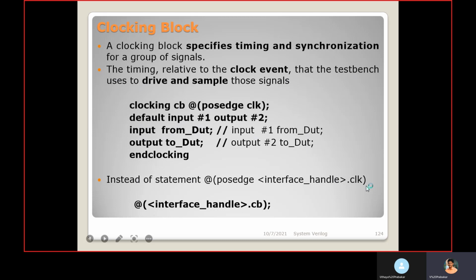We want to use the clock through the virtual interface. If you use a clocking block, you can directly mention it like this: at VIF.cb. cb is nothing but this clocking block. So automatically it will happen at the posedge of the clock. Instead of writing this, you can mention it like this if you use a clocking block inside the interface.